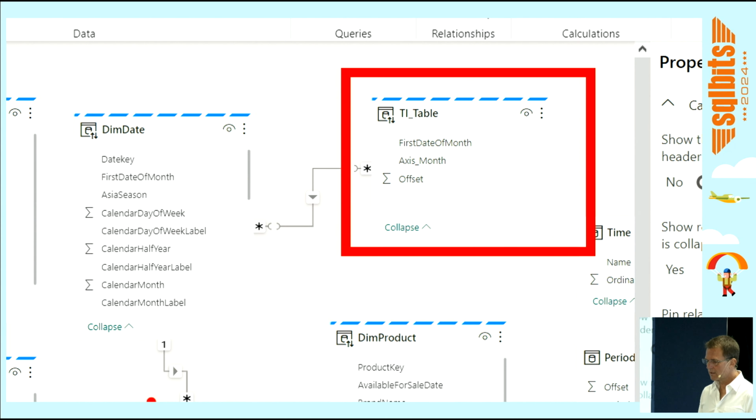Now you do hear, okay, avoid many-to-many, it's just an automatic bad thing. The true answer for that is you just have to be very careful with cardinality. Because I know ahead of time in this report, the slicer can only ever have one value selected. Maybe I can lock it down to that. Then this table that I've got highlighted in red can never have more than 3 rows. So